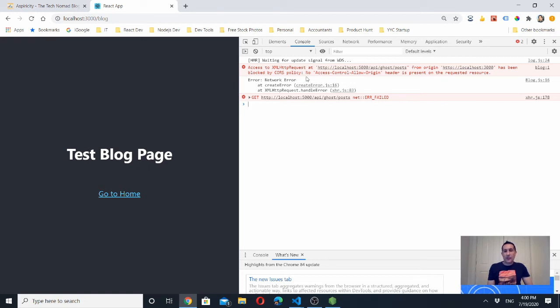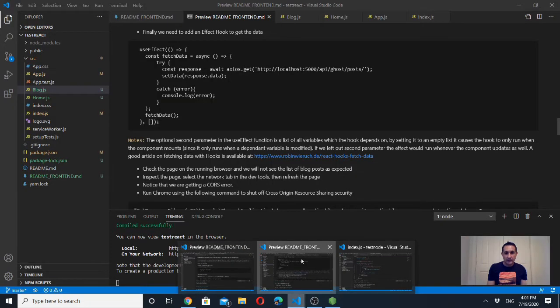So CORS, or cross-origin resource sharing, is a security feature where the browser tries to prevent things that are not under its policy. It's basically a security measure. It prevents a server, even on different ports, from talking to different ports. So what we need to do, and I'll just switch back to our markdown,